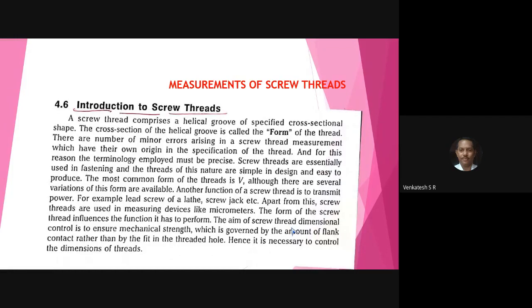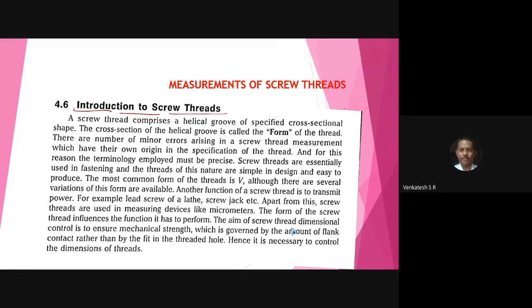Next, all of you write down module 3. Module 3, measurement of screw threads. For mechanical engineers,